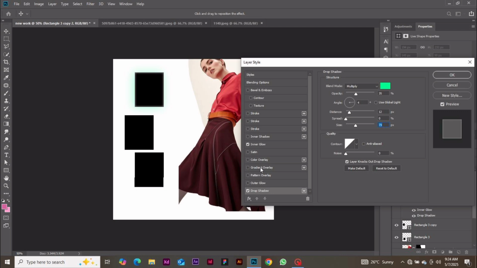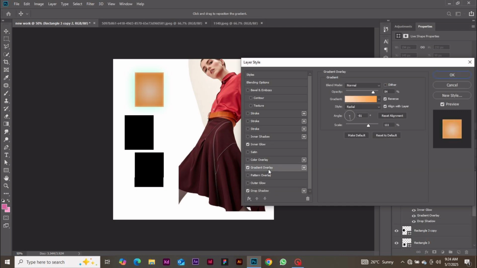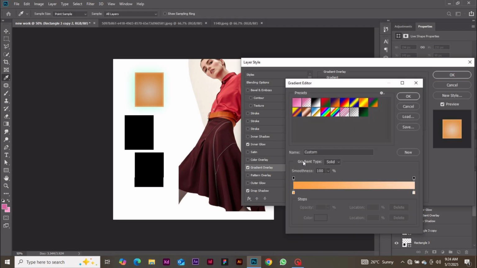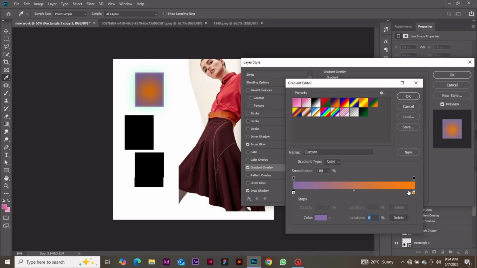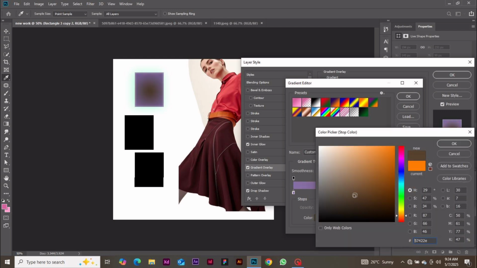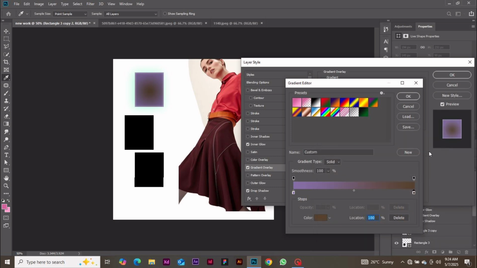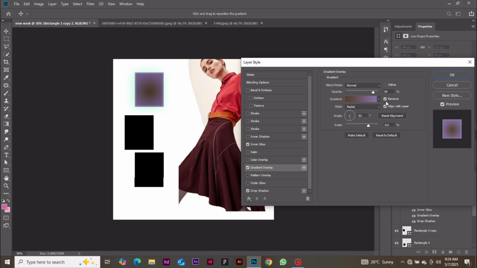You can also add gradient to this shape from here. Once you click on your gradient, you can come here and then choose the type of gradient. If there is no type of gradient that you want, you can click here, go to your color, add the gradient you want, the color you want, click OK. Also click on this color stop, click inside your color, change the color you want, and click OK. And then you can commit by saying OK,